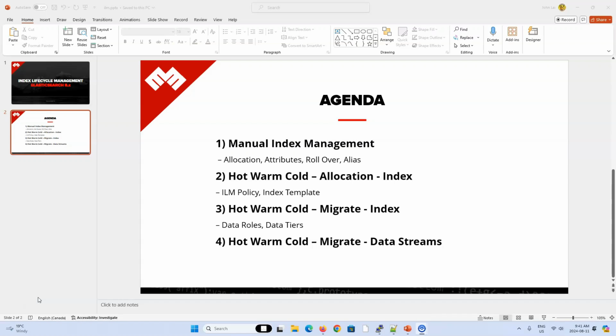In this video, we will continue with the index lifecycle management for the hot, warm, cold architecture, but we are going to leverage a new feature within Elasticsearch, which is the migration action. So just to contrast with what we've done previously, in these first two videos, we were managing shard allocation with